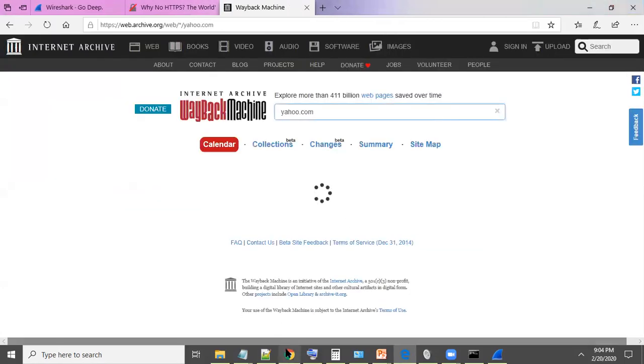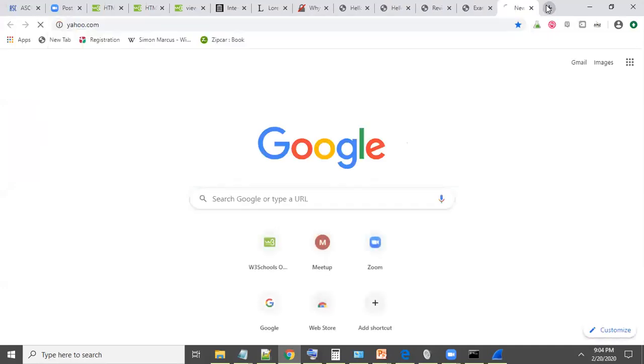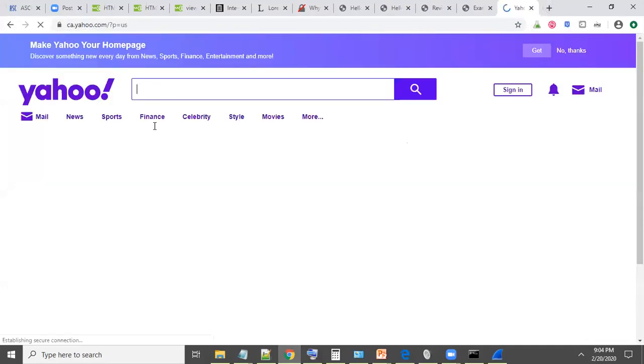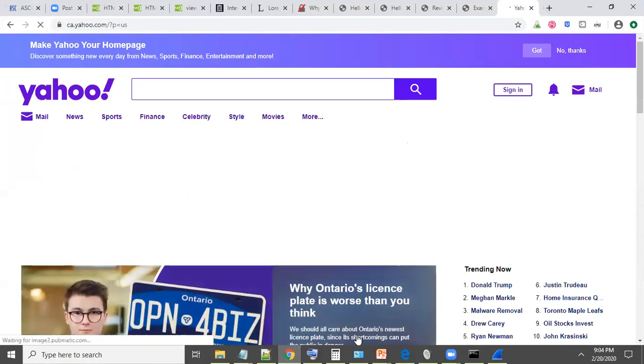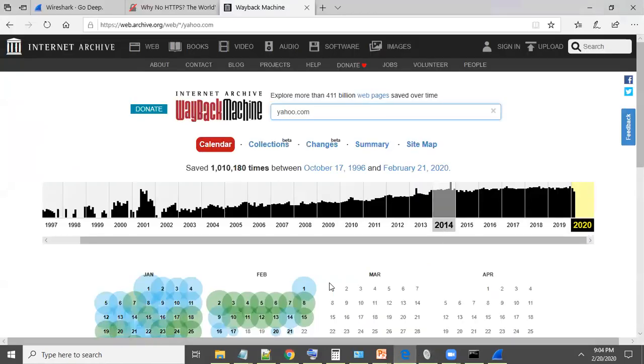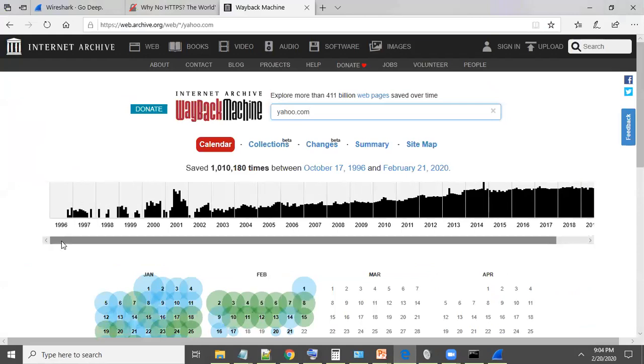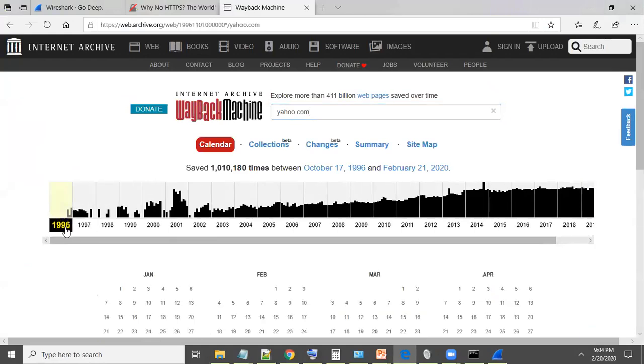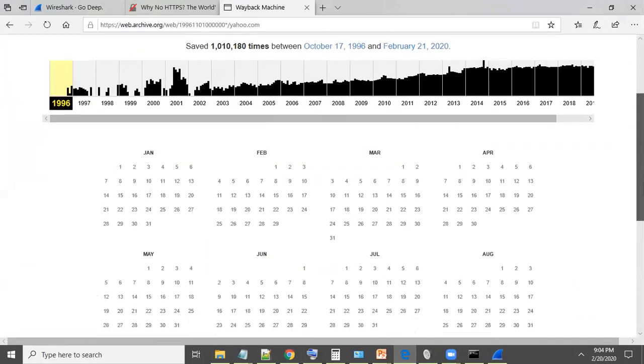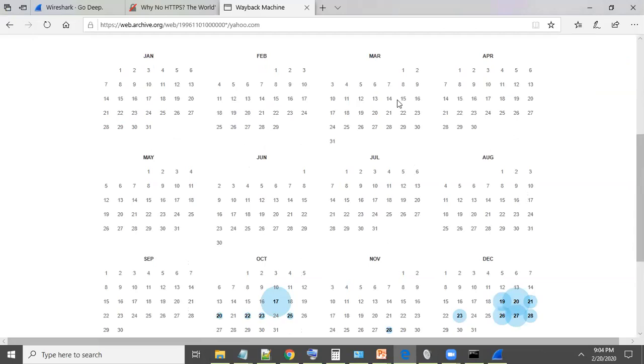So let's take a look at Yahoo today. So this is Yahoo today. And this is the Yahoo of, let's go to, I guess 1997 is when it starts. Does it go back further? I guess I got snapshots from 1996. So we can click on each of these sections and then look at the date calendar.